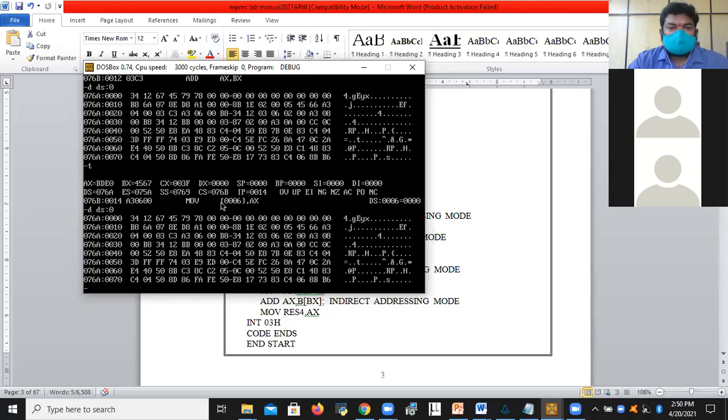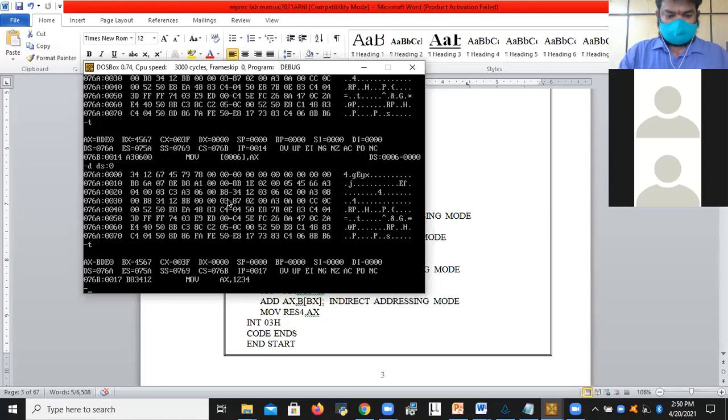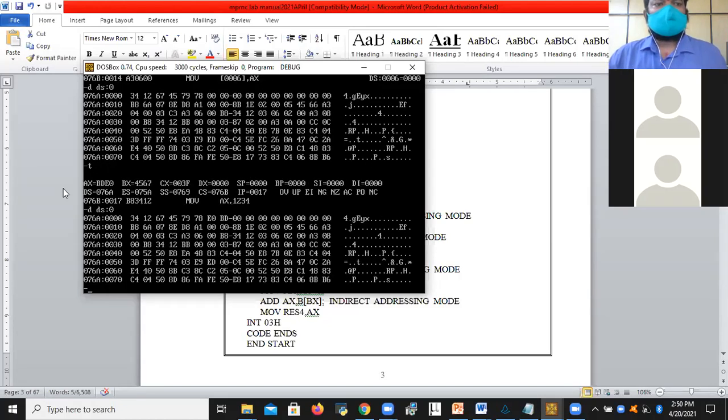Now after execution of this instruction, the AX value is copied into the memory, right? Until the execution of move res1 comma x, or res2 comma x, the value will not be copied. Whenever I execute this instruction, then only the AX value will be copied into the particular address. Now the AX value BDE0 is copied into the memory.